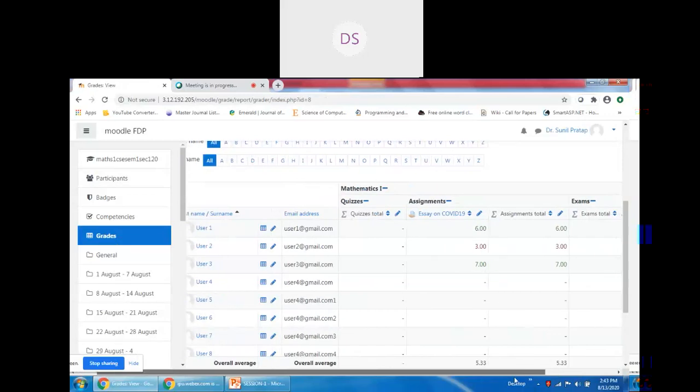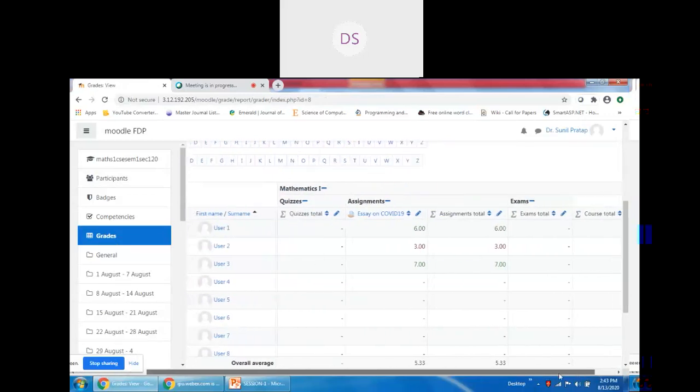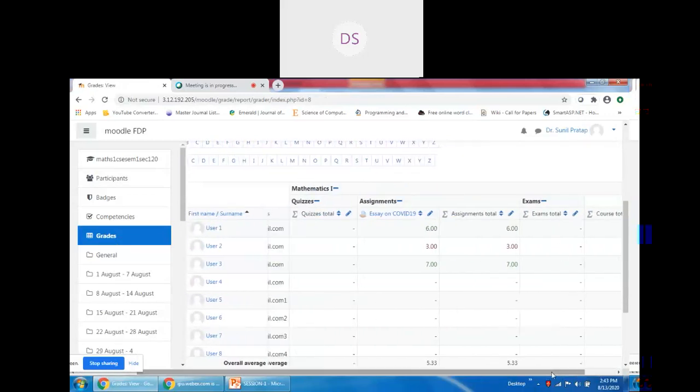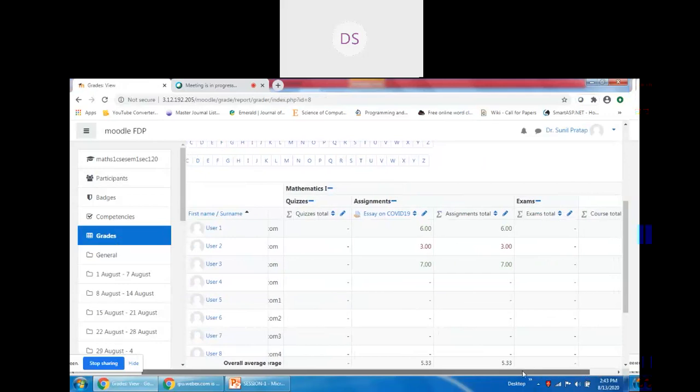So you can see, I think, 4 or 5 columns in this gradebook. This refers to the subject name, and this is quizzes. This is a category. If you create quiz 1, quiz 2, quiz 3, all those quizzes will fall under this category, quizzes.